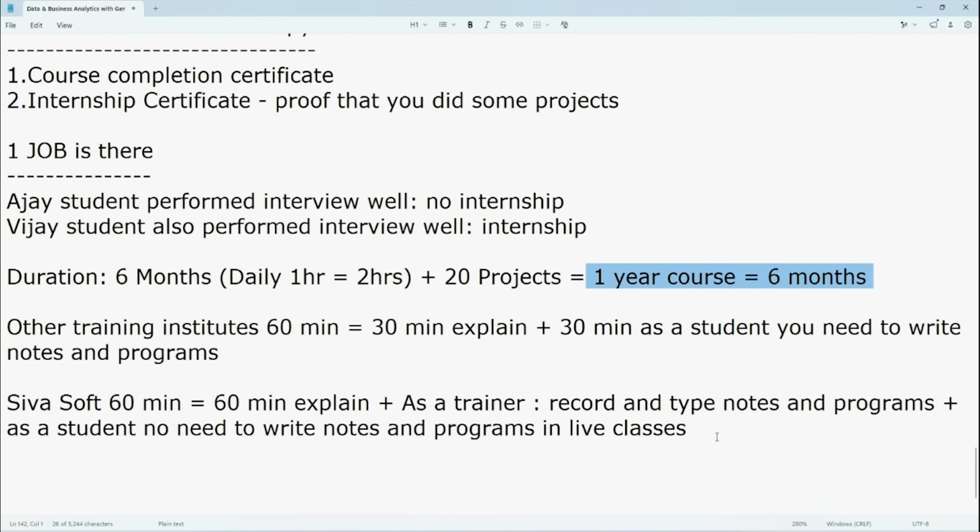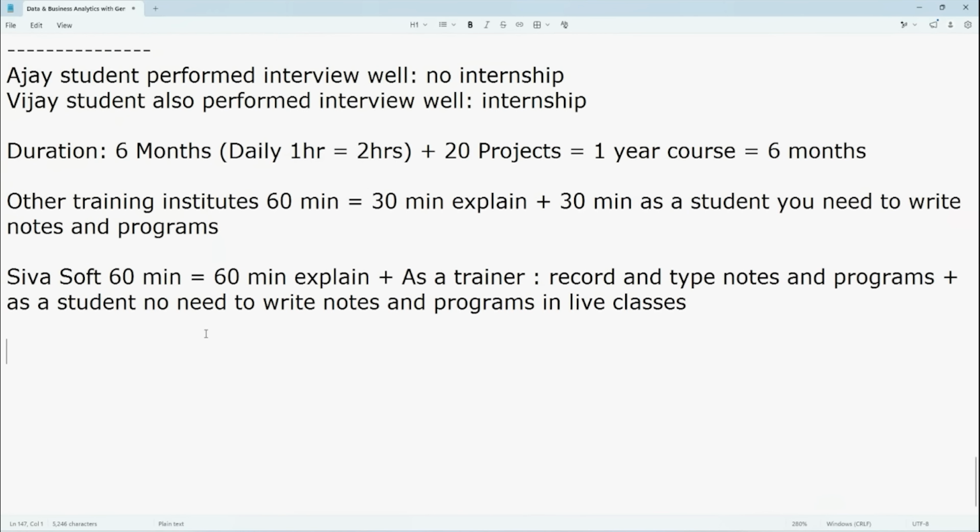And the next thing is, so many people will have a confusion. I'm a 2021 passed out, 2018 passed out, 2024 passed out, whether I'm eligible or not. Here, I want to give one simple clarification. Let's assume that we have 100 companies, nothing but 100% of companies. And also this is applicable